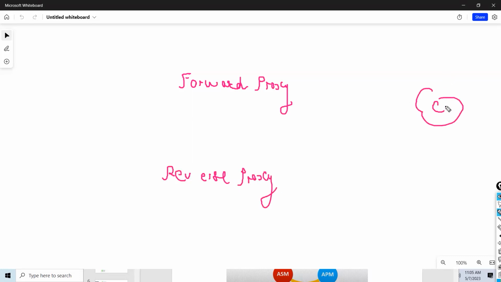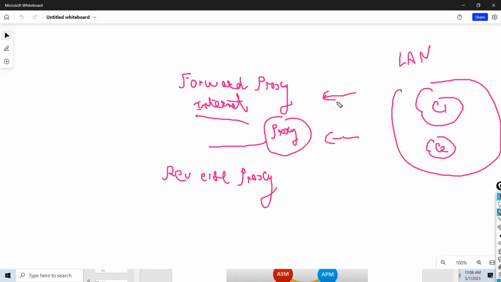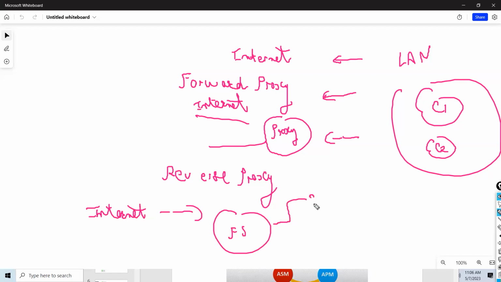In this case, users were here on the LAN network. I will say this is the LAN network. And they wanted to access the internet via a proxy. And there were internet websites. So LAN to internet, that is called a forward proxy. When I talk about a reverse proxy, it is internet to F5, then to your servers, which are hosted on the LAN.